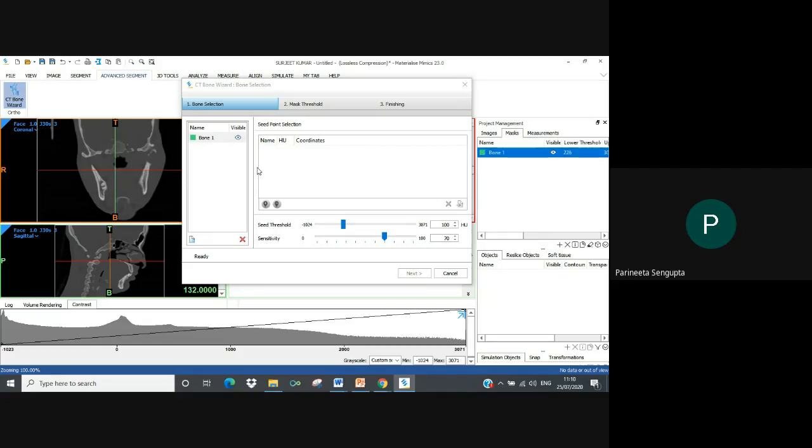Now what we have to do is give it seed points. You see this tab, this is the seed point selection. Out of the entire scan, I have to feed the software my bone seed point. So anywhere on the bone, I'll just select one point.